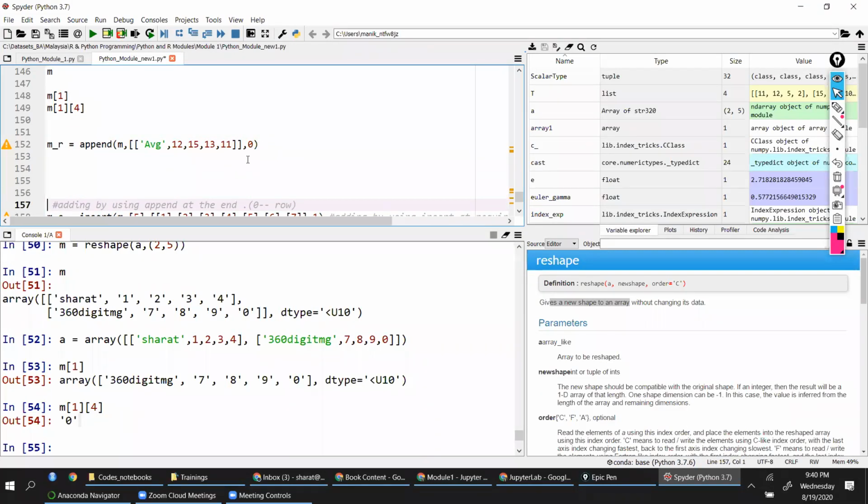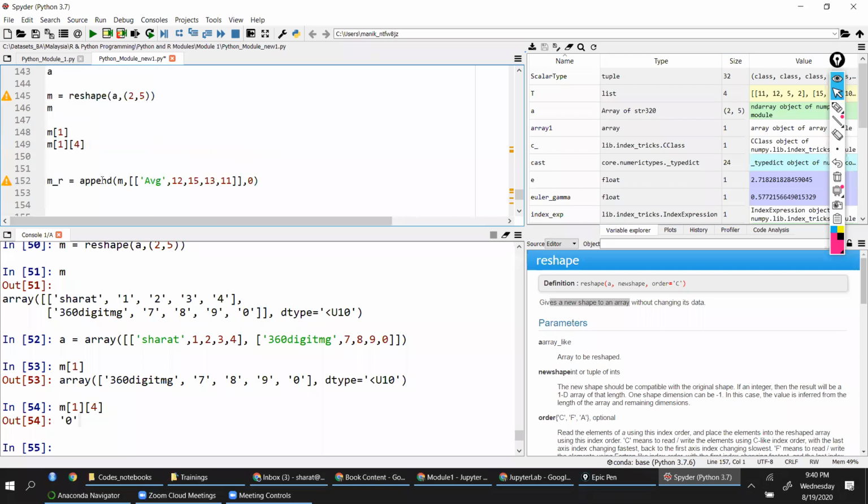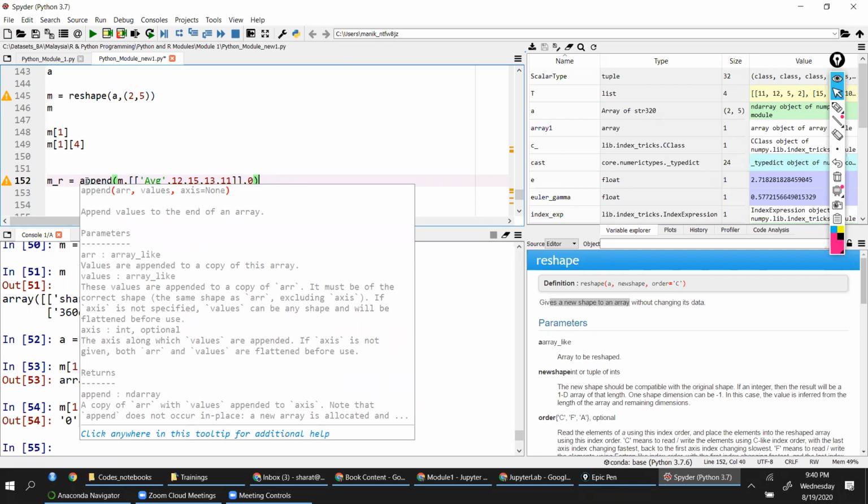And when I do this, what does this do? What do you think it is going to do here? Anyone? Add. Insert at a position.